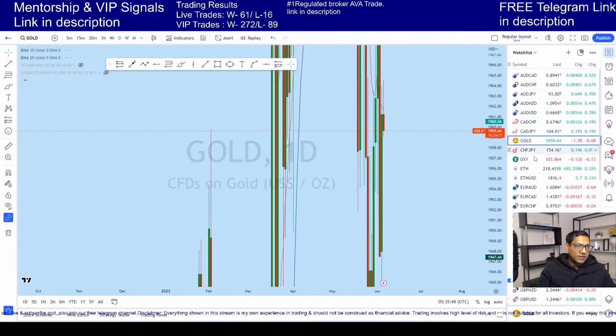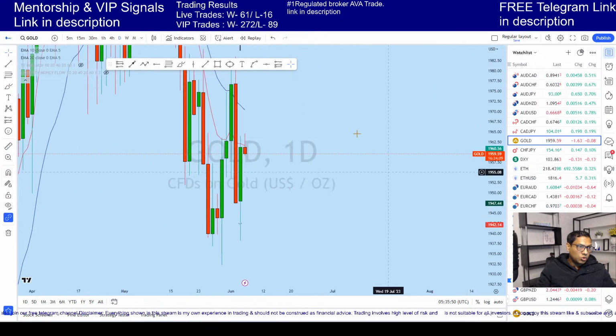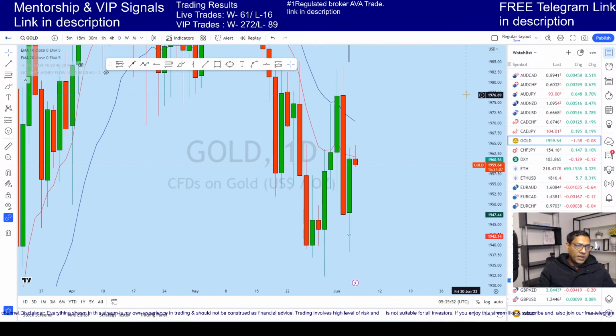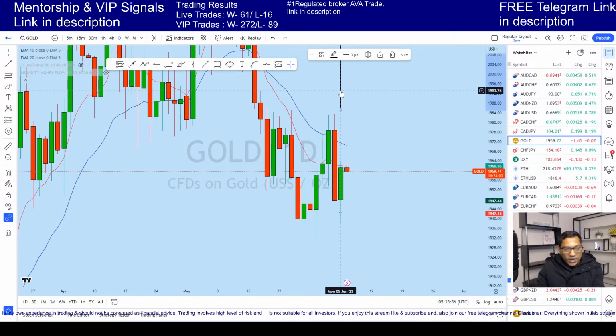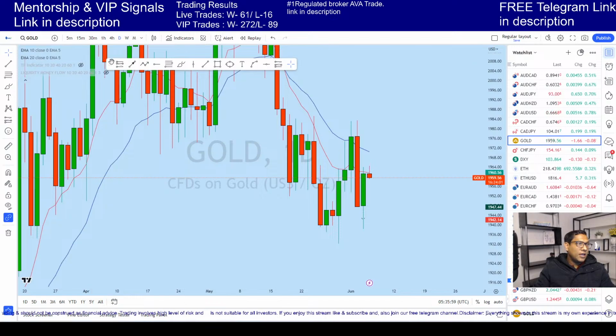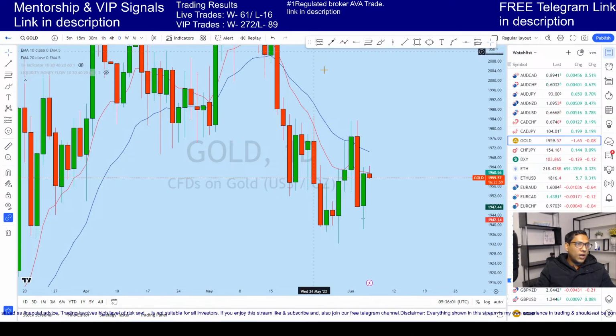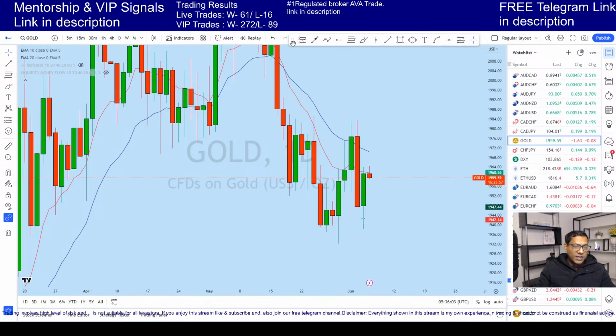I will be looking at the daily time frame to see what's happening with this gold market. First of all, looking at daily, because the daily chart is the first thing that I do when I open the chart. I look at the daily chart because it is neither too high a time frame nor too low, and will give a clearer idea of which way the market might be heading.